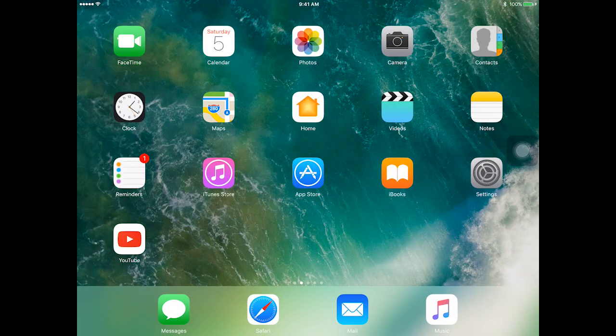So these are a couple of things that I normally go and change and do on my iPad or any of my Apple devices. I hope these small little things that I have shown you are useful in your day-to-day activity,